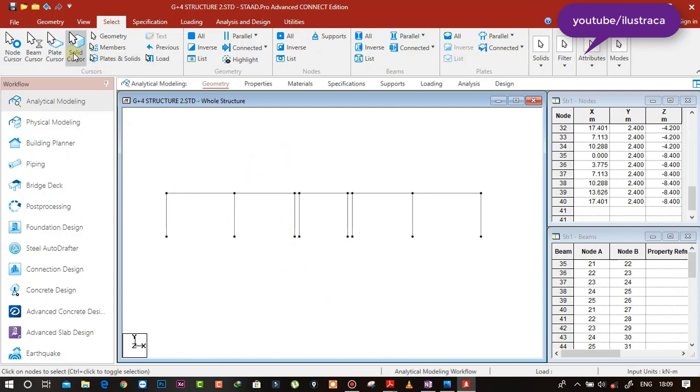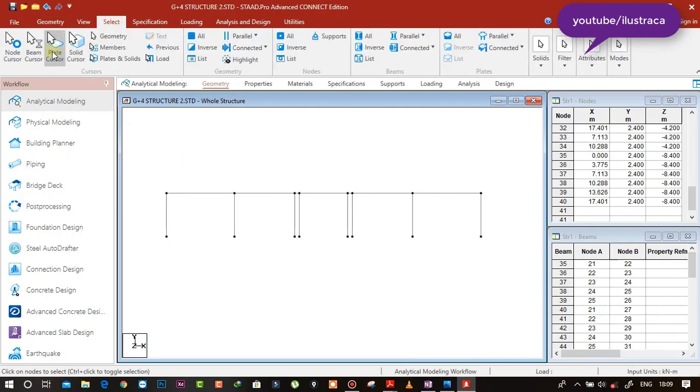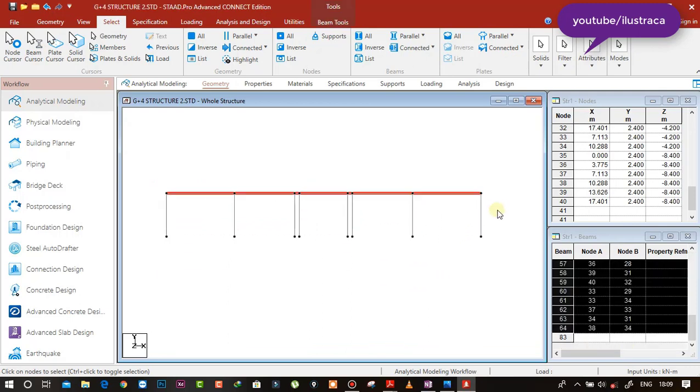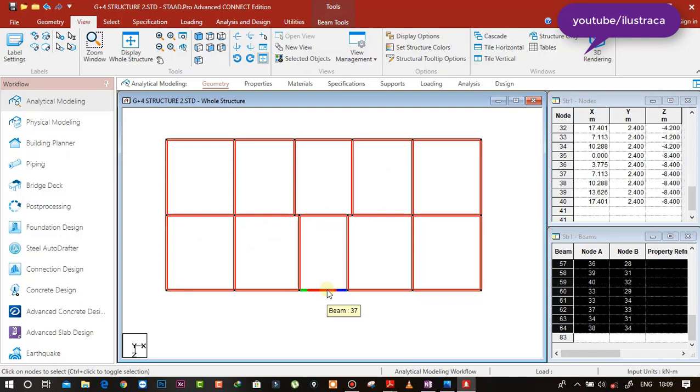Now I'm going to create the plates. So view, let's just select these beams and go to the top view. I don't want this beam to be selected because I don't want it in the plate here. Here I want to create a floor for the stair, which is different. You can see in a few minutes.